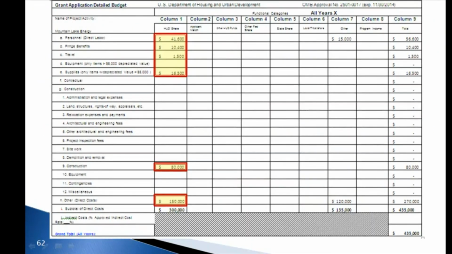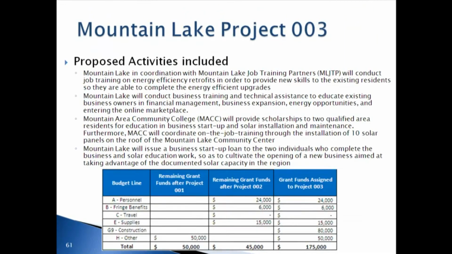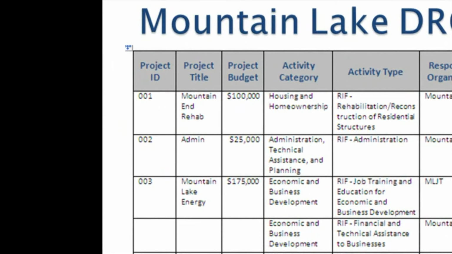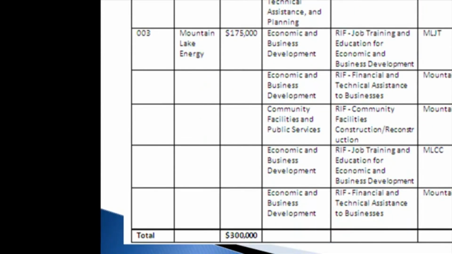And here in the red squares with the yellow shading, again you can see the line item contributions that were taken from the application budget worksheet and used to form the Project 003 Mountain Lake DRGR action plan components. When we look further and add activities into this discussion of projects, we can see that Project 001 has one activity, Project 002 has one activity, and Project 003 has 5 activities inside of the DRGR